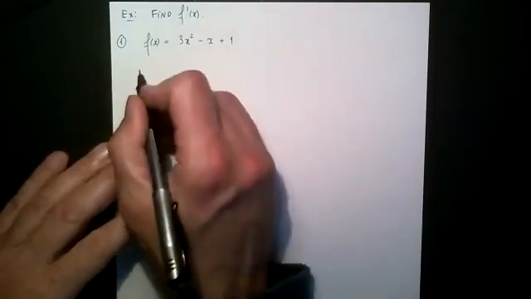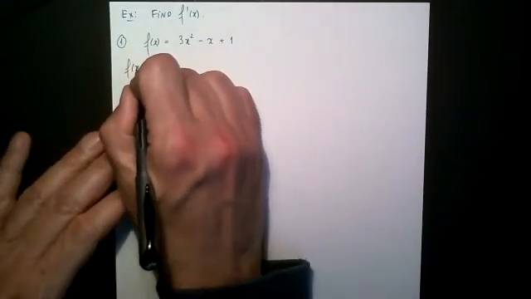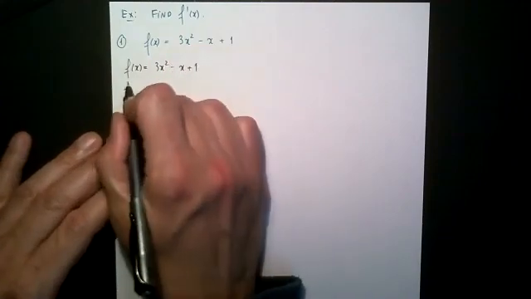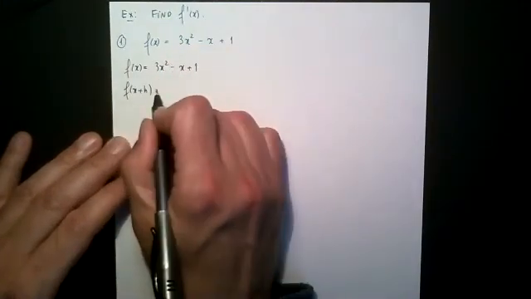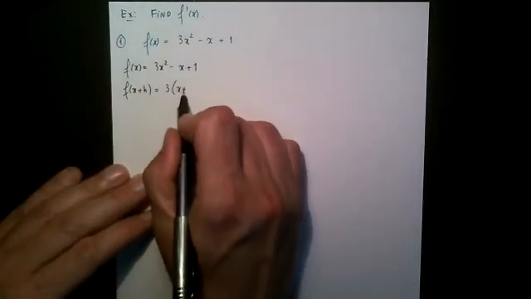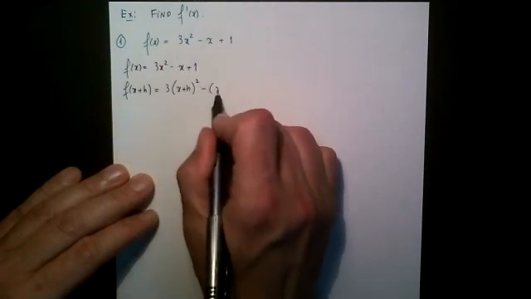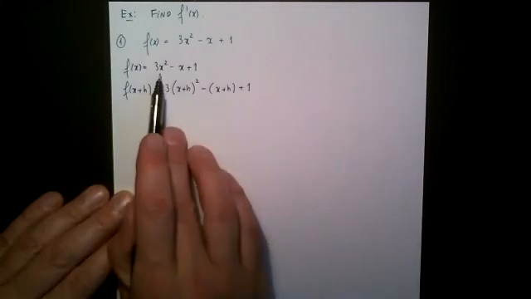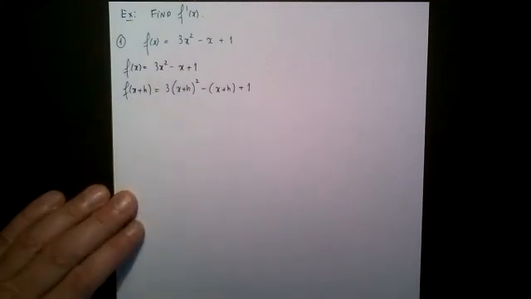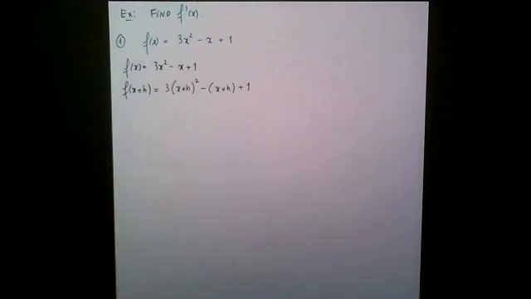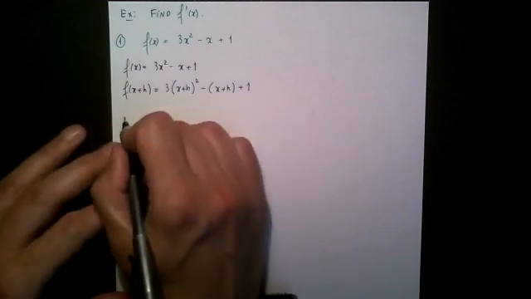First thing we do is we identify f of x. It's already given to us: 3x2 minus x plus 1. Then f of x plus h will be what? This is where we have to be careful. 3 times (x plus h) squared minus (x plus h) plus 1. You understand this step? Okay, so every x becomes an x plus h. Question? So let's do now f prime